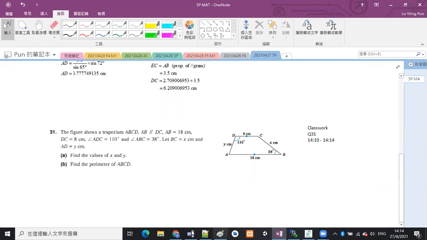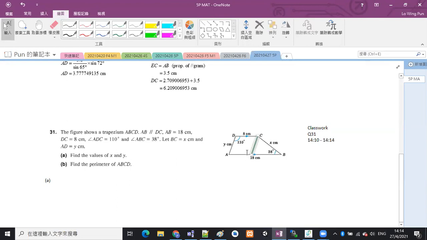Okay, let's check the answers. So in part A, the question asks you to find the values of x and y, which are the lengths here, okay? So again, there is no triangle in the diagram. So we need to add some lines to draw some triangles, right? So I think all of you will draw this line,